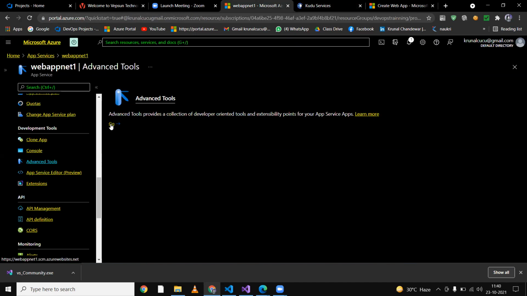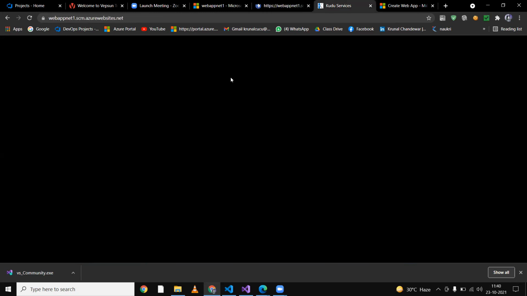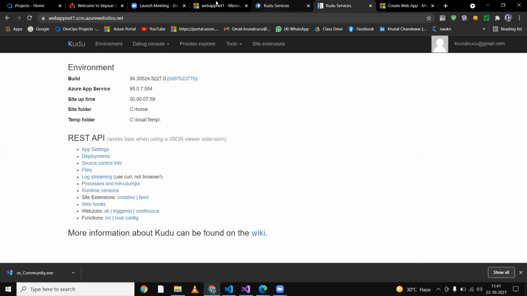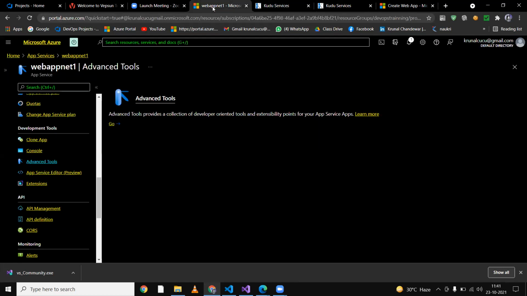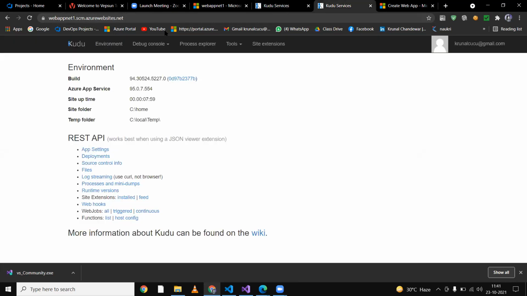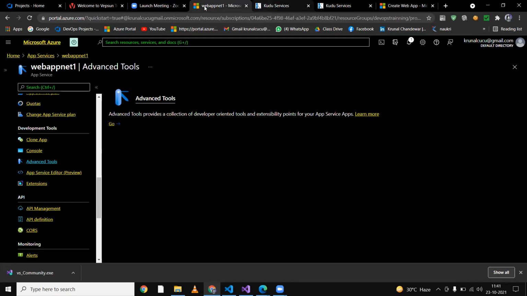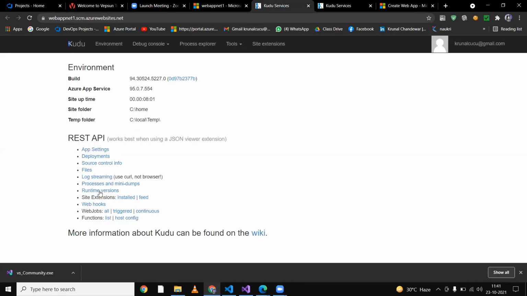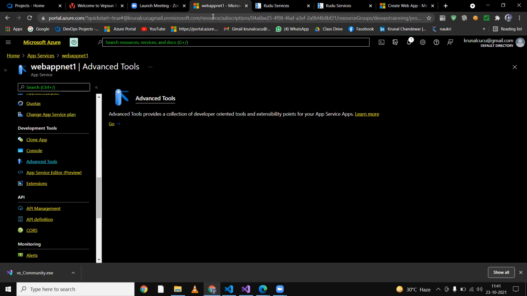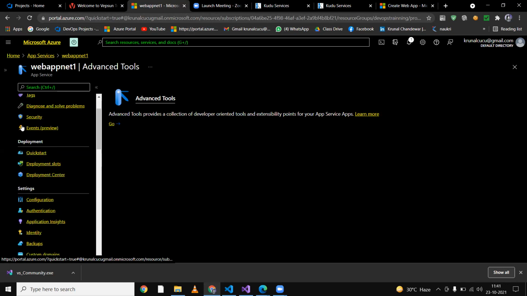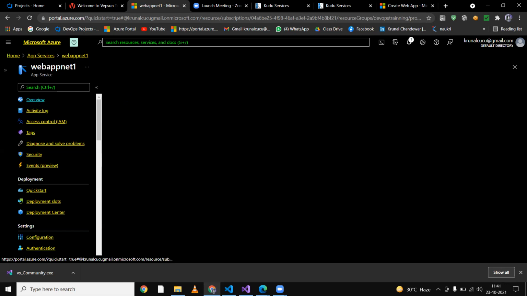If you want to see which version of Windows we are using: initially when we went to this Microsoft Azure portal, here in overview, we are not getting much detail about which Windows version we are using.